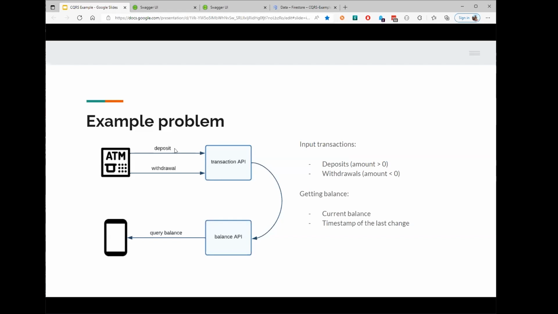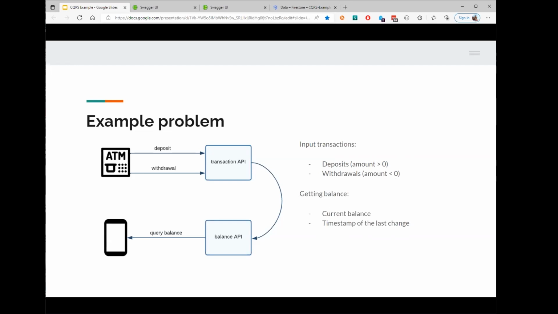We want to support that on an ATM you can deposit some money, and we're going to treat it as a transaction that has a positive amount. We want to support withdrawals, and we're going to treat transactions with amount less than 0 as withdrawals. And on the reading side, we want to be able to ask for the balance for my account, and we want to get the actual balance and the timestamp of the last change. This is something kind of subtle. We definitely want to write this timestamp when we write transactions, right? So let's go into details of how we would